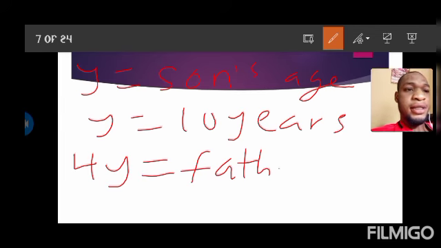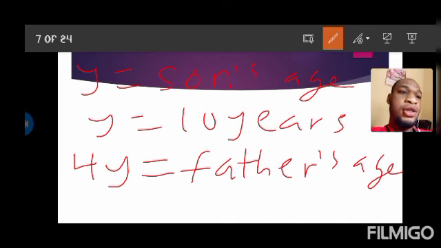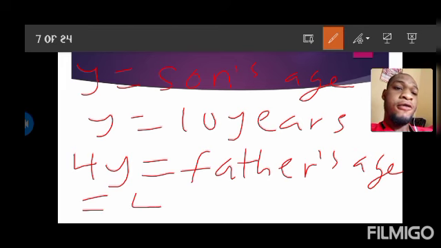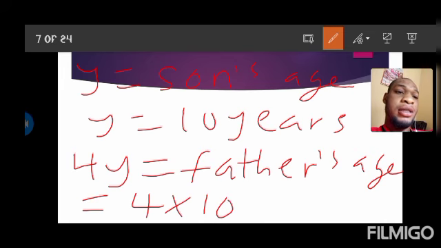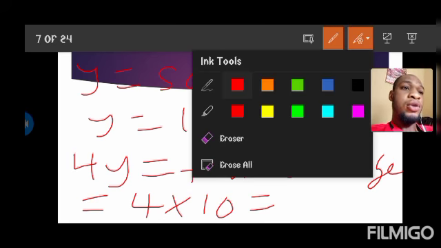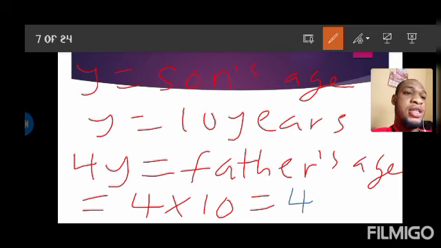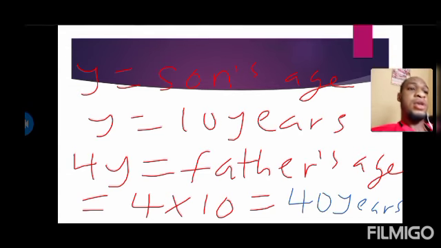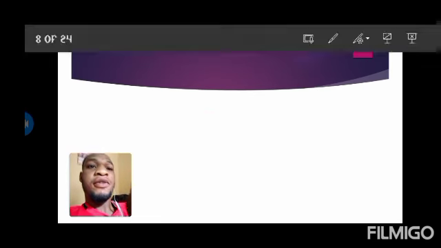4y is the father's age, right? So what will be the father's age now? It is equal to 4 times 10, which is 40 years. So without any further disagreement, we agree that the son's age, therefore,